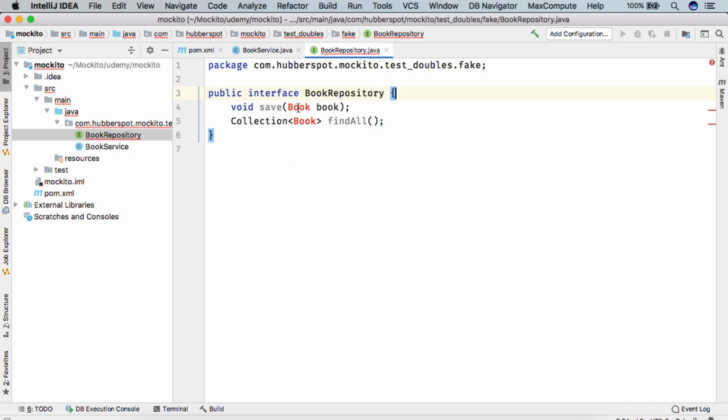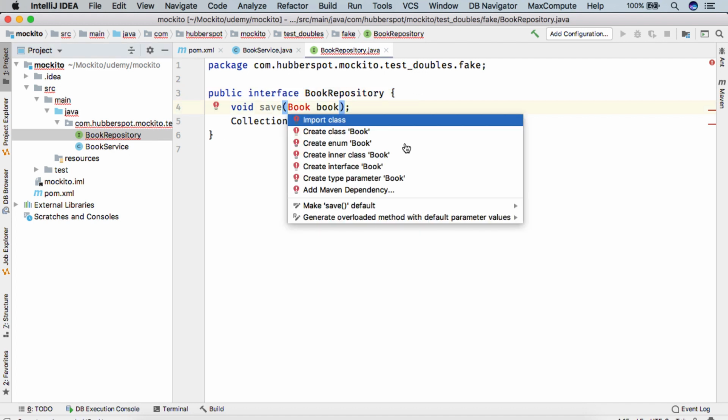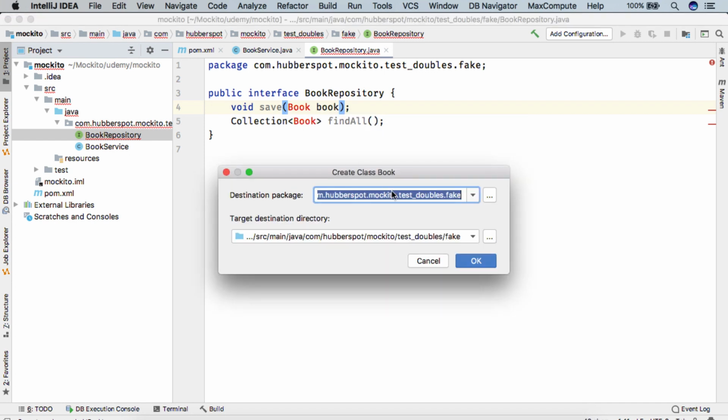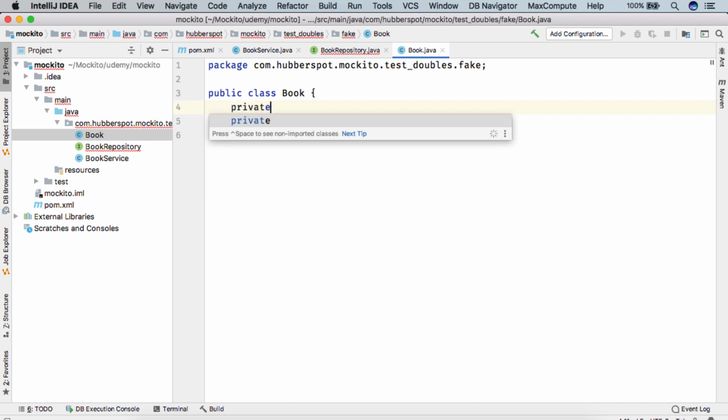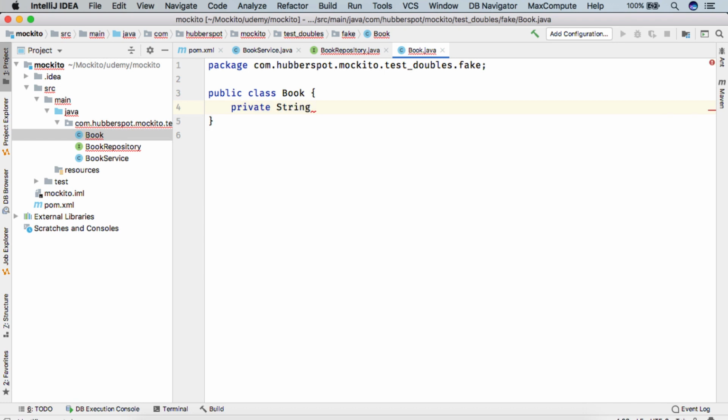So now we will create the Book class. We'll keep it in the same package. Let's say to this Book class we give a few properties: bookId, which is something unique to this book. We'll give it a title, because usually books have a title, and we'll add a price to it.